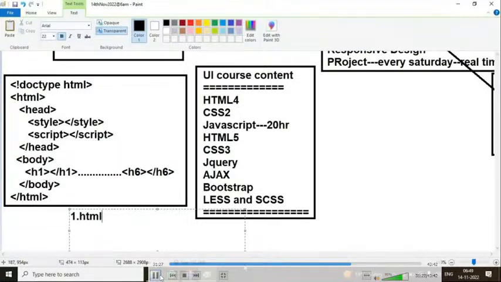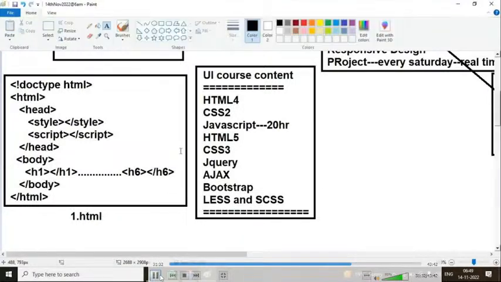So if I write 1.html, I can easily develop it for my application. This 1.html is used to create our application, and it is always used to write our HTML coding. This is the HTML standard coding. Inside this HTML page only, we are going to add CSS code and JavaScript code. So in tomorrow's session, I'll explain how to write HTML